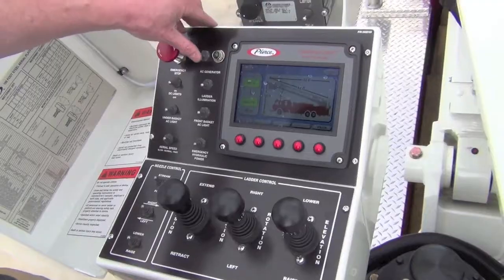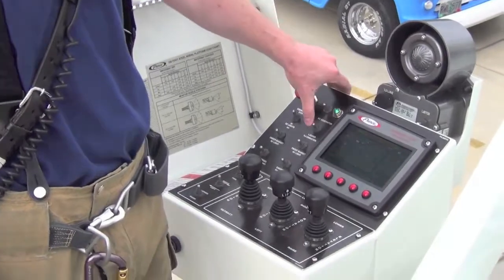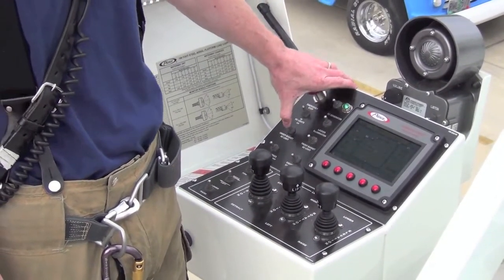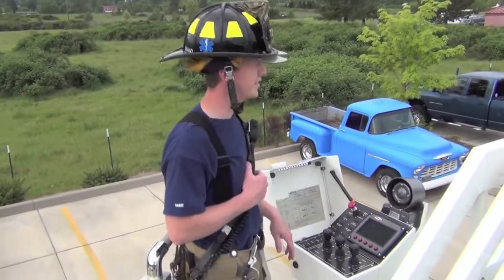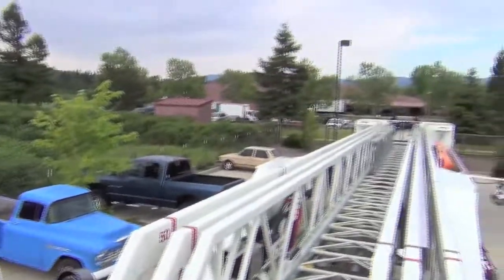Turn your AC generator on. Your DC lights on. Your ladder illumination on. Your under basket lights on. And your front basket lights on. At this point, you're ready to raise the aerial, double check for any obstructions, and